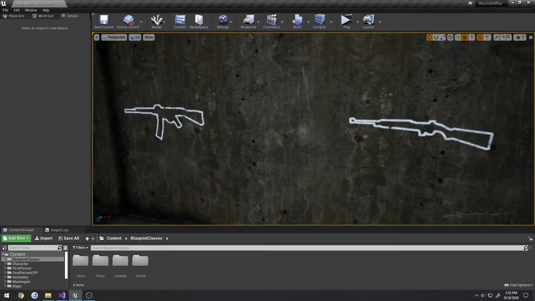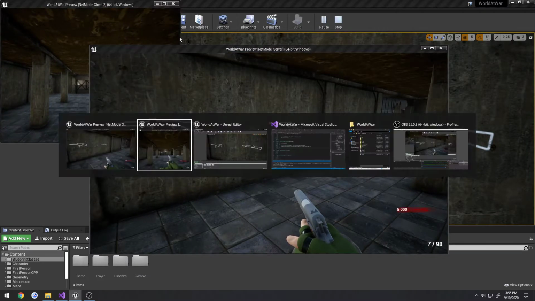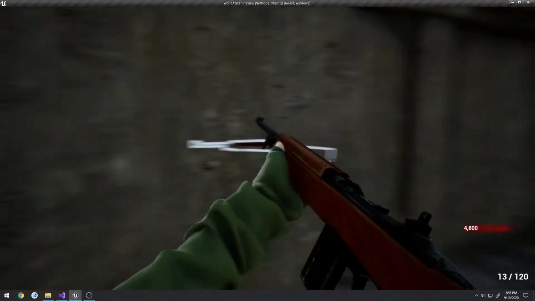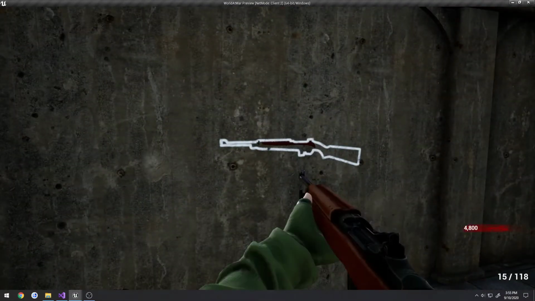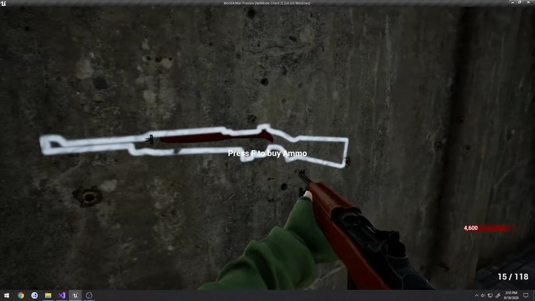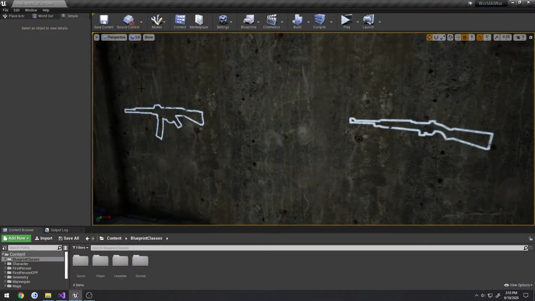In this video, what we're going to be doing is on the client. In the previous video, we got it set up so it works fine on the server, but on the client, we walk up, we purchase a weapon, waste our current total ammo at the bottom right, so now it's down to 118, buy it again. It does not update until you switch or shoot, so that's due to some replication. So what we're going to do here